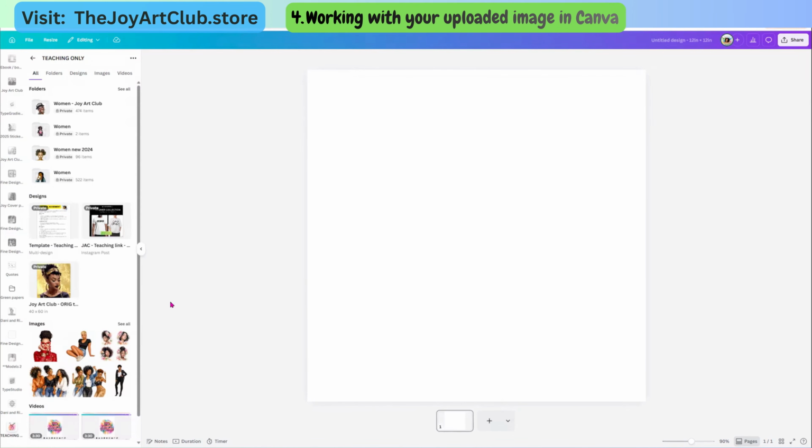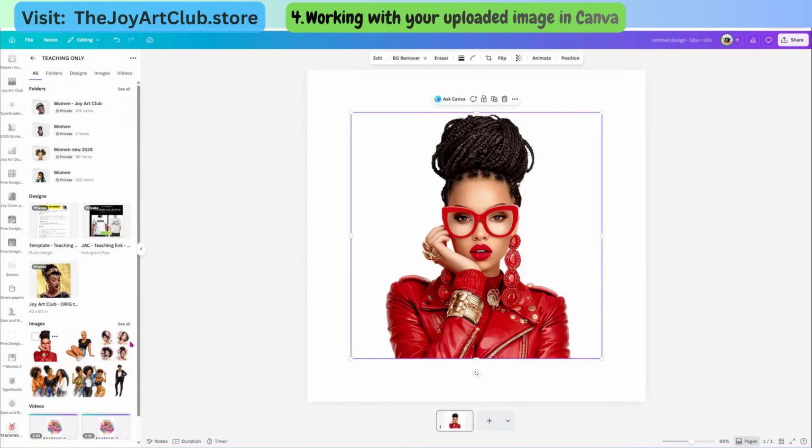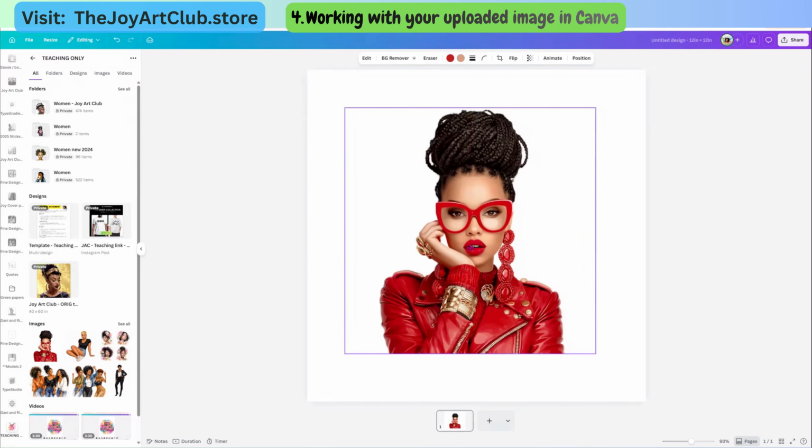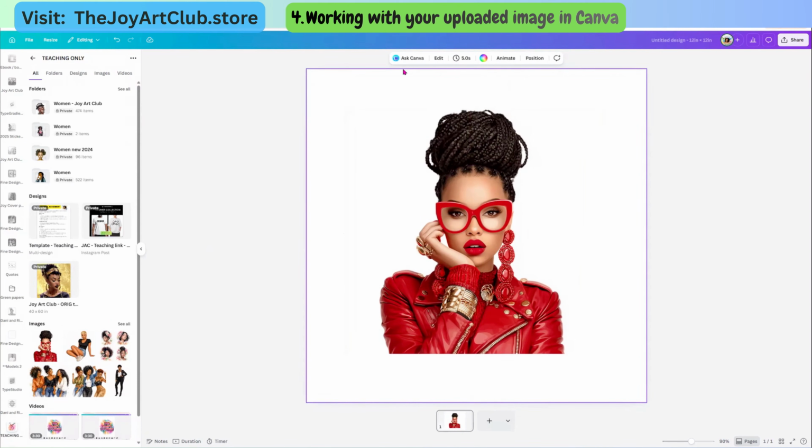All right, my creators, now I have uploaded the image right here under images. It's over to the left, kind of towards the bottom of the screen. And I'm now just going to click on it and it appears right here on the workspace screen. Now, what I like to do until I am completely satisfied, meaning that I've made sure that the image that